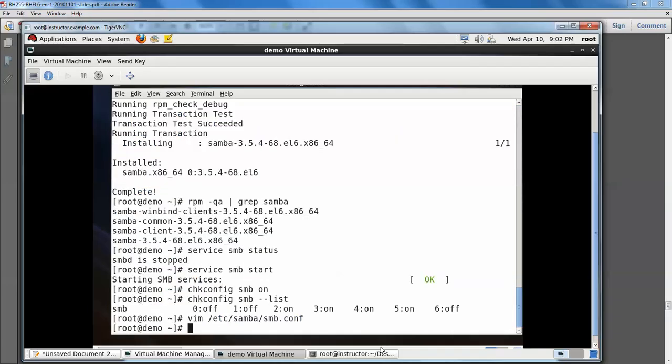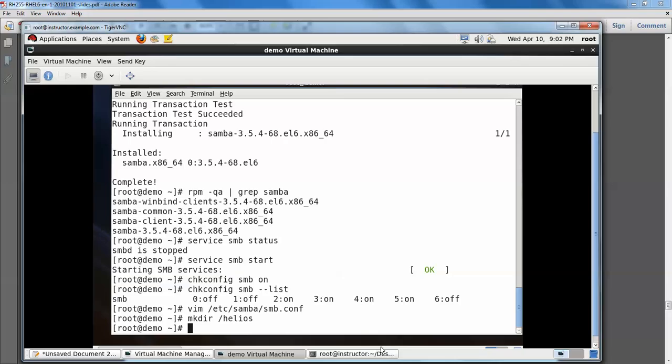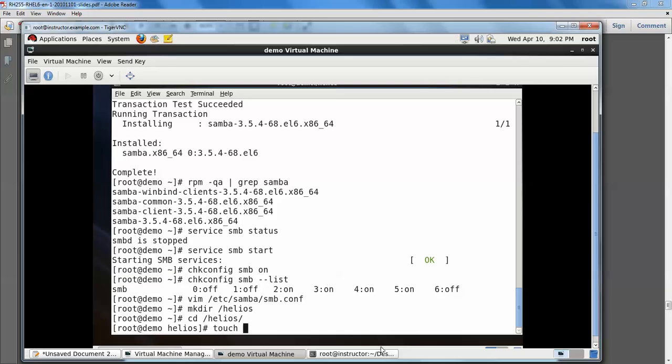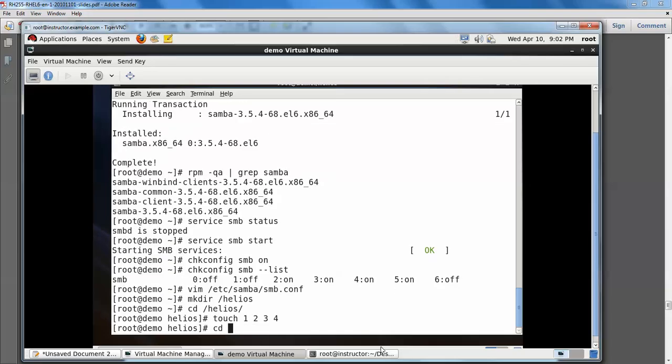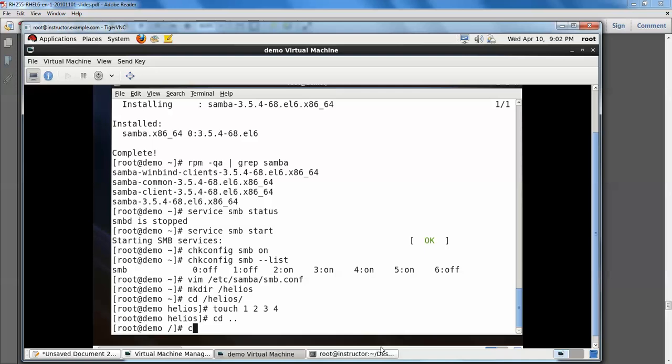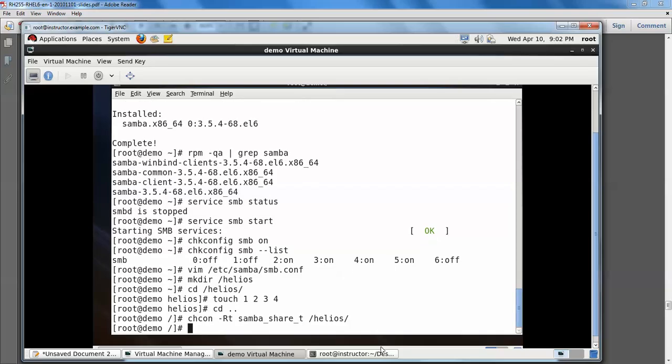save and exit. Then mkdir /helios, go into Helios and touch files, then come out of that. Change the context: chcon -R -t samba_share_t /helios.